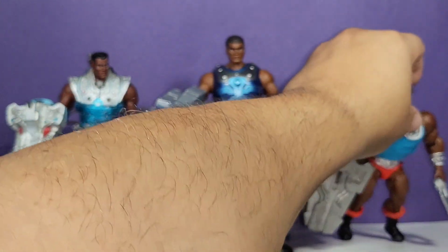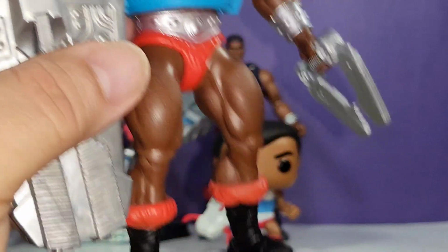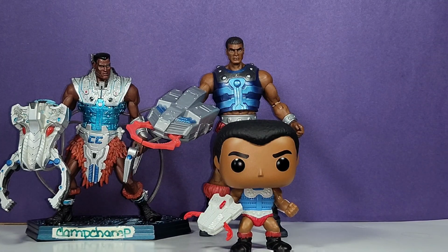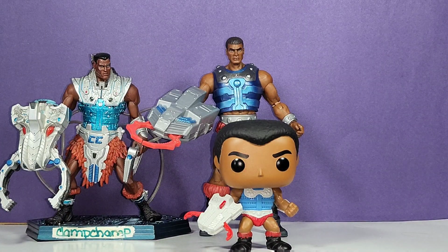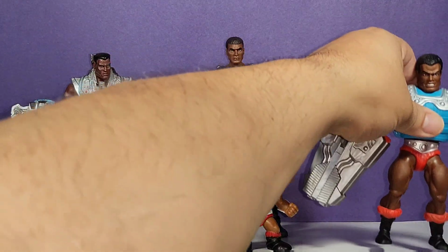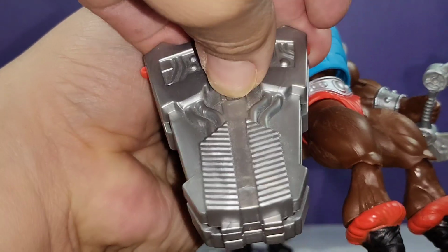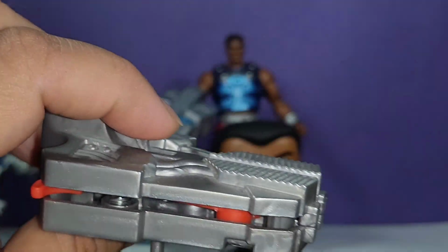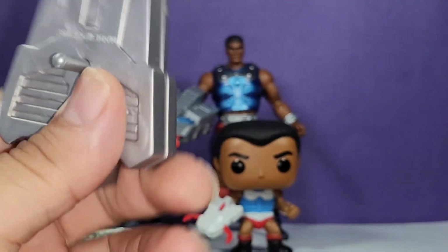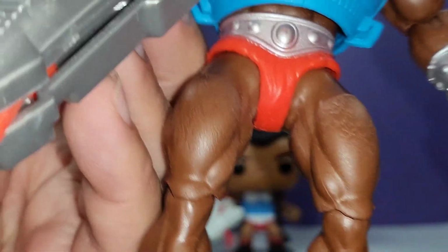Then you have the actual origins, not the vintage, because I don't have the vintage, but this one is supposed to represent very much so the vintage version. And you see it's very different. Plus the clamp itself has the action feature where you pull this back like so, you just press like that, and the action feature is there, which is missing from the Revelations, but